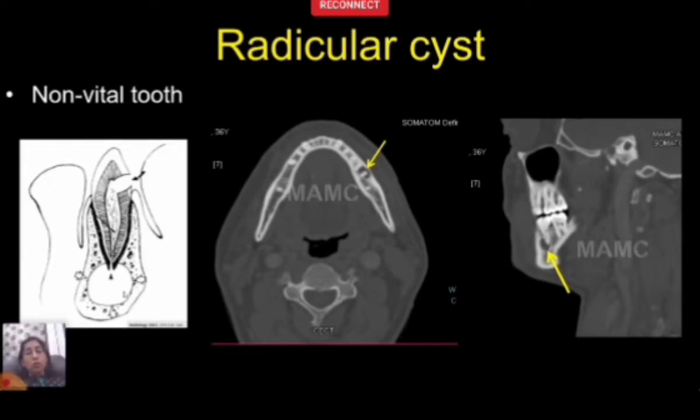However, this is not what reaches you for the purpose of imaging. This is handled by the oral radiologist. This is handled at the level of the dental department, where they do an intraoral radiograph and look at the radicular cyst. But you may occasionally come across them as an incidental finding in your routine head and neck examinations, as was the case here.